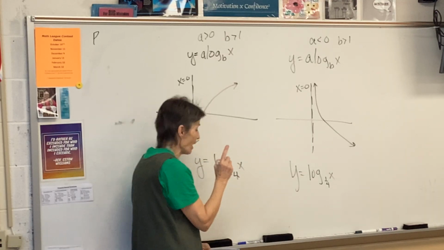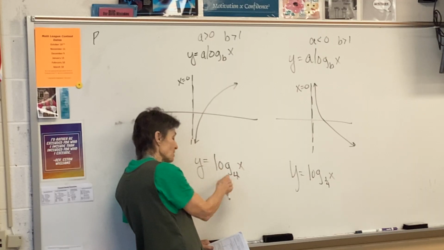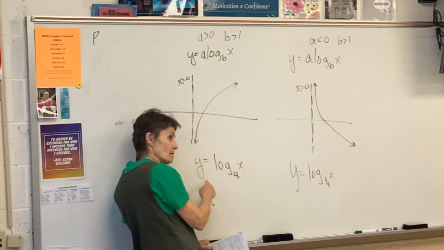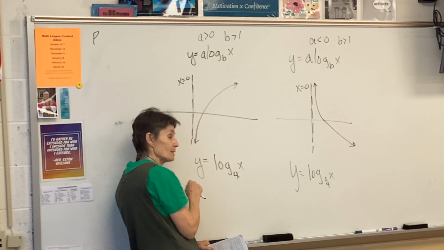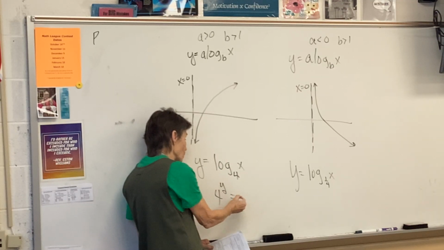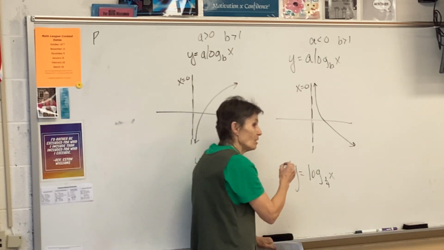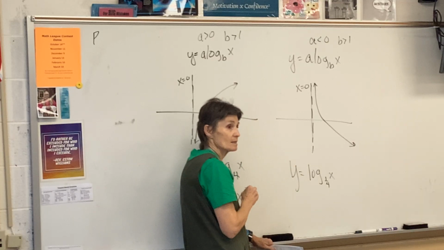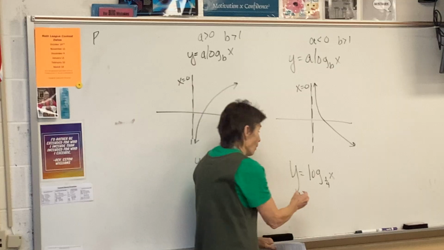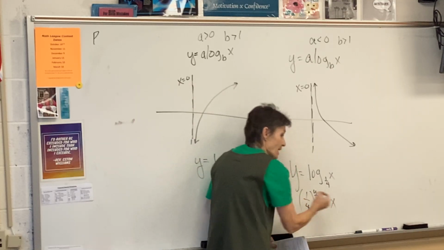Well, now think about what is the corresponding exponential for this? The corresponding exponential, Charlie? 4 to the y equals x. 4 to the y equals x, right? What would the corresponding exponential be for this? 1/4 to the y equals x,